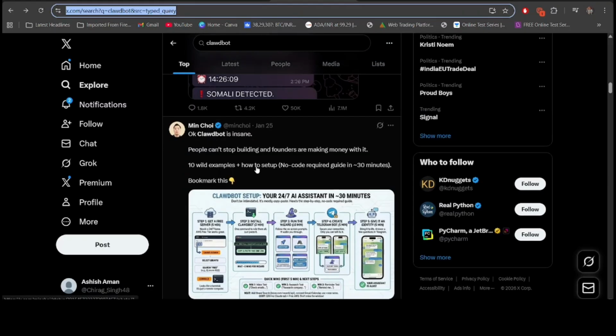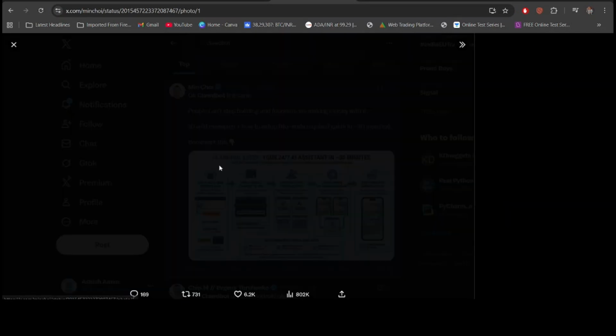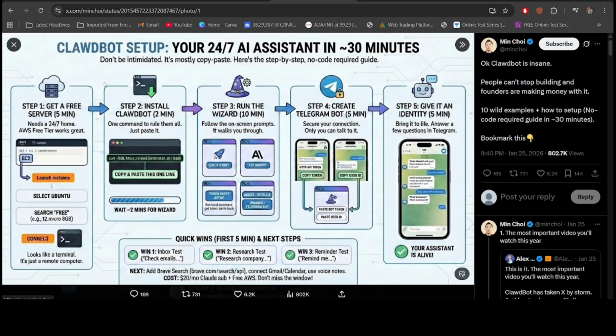As you can see here, how to set up the Clawdbot, your 24/7 AI assistant, in 30 minutes. So the first part is getting the server. As I mentioned, it's not safe on the local PC or personal PC. So get a free server, be it AWS EC2 instance or Azure, and select Ubuntu as OS and then connect it through the terminal. And after that, in the terminal, paste this command for the Linux part,